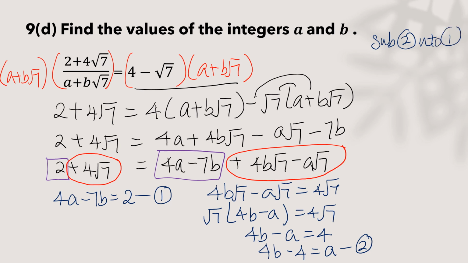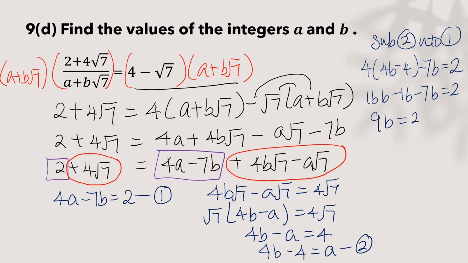So I would get 4 bracket 4b minus 4, minus 7b equals 2. That will give me 16b minus 16 minus 7b equals 2. 16b minus 7b will give me 9b. 2 plus 16 will give me 18. So b will be 18 divided by 9